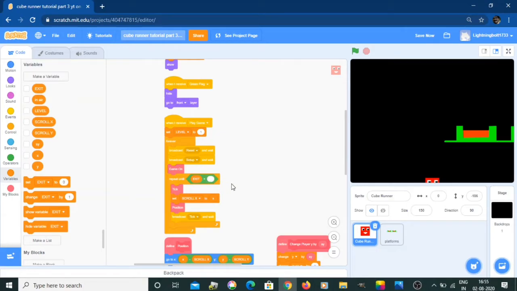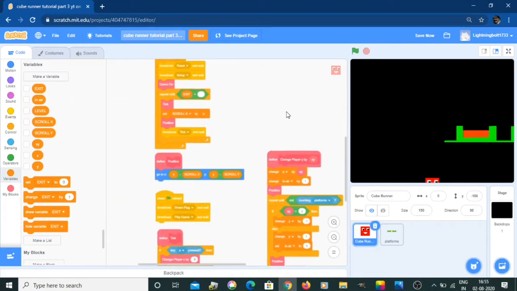So that means if exit is anything other than nothing, so any A, B, C, D or 1, 2, 3, anything, then it will stop this forever loop. Okay, so yeah, and then